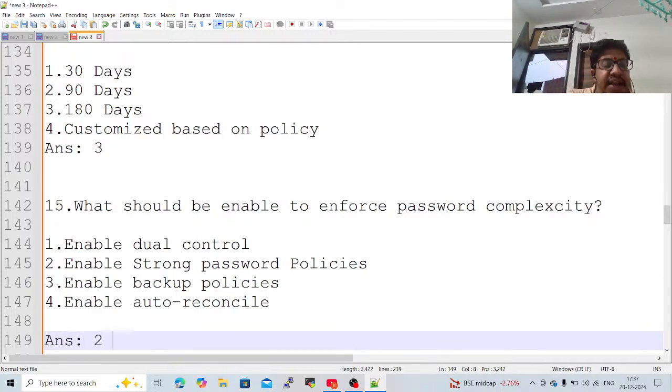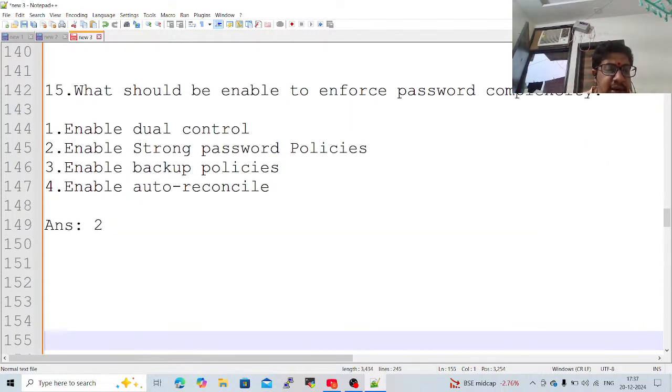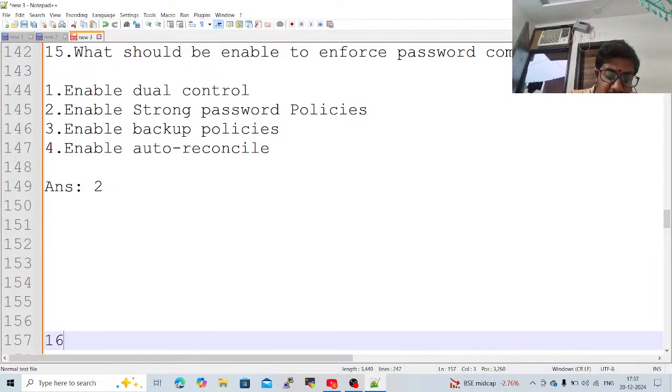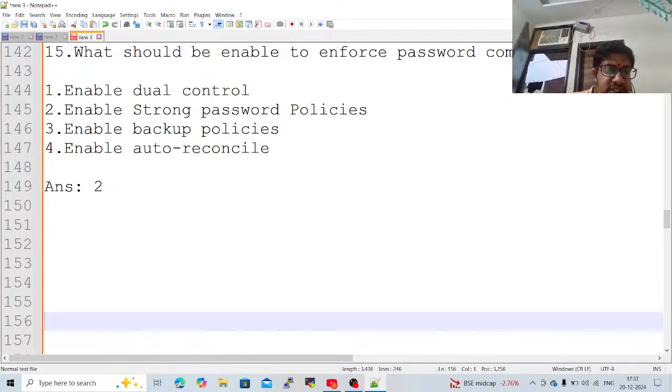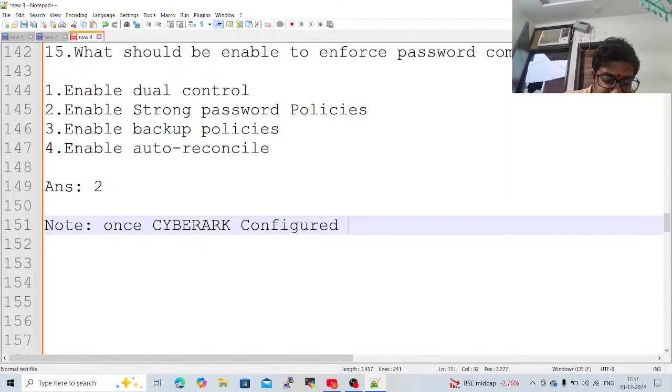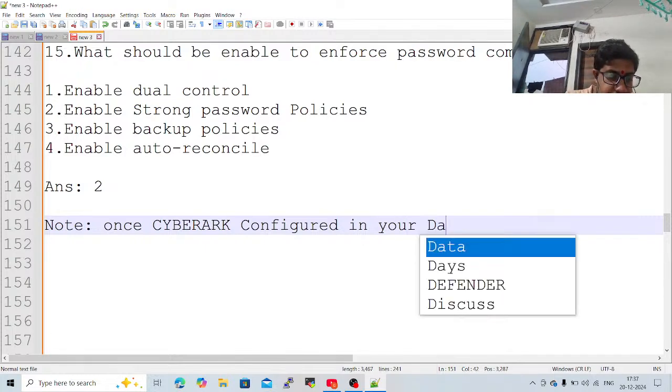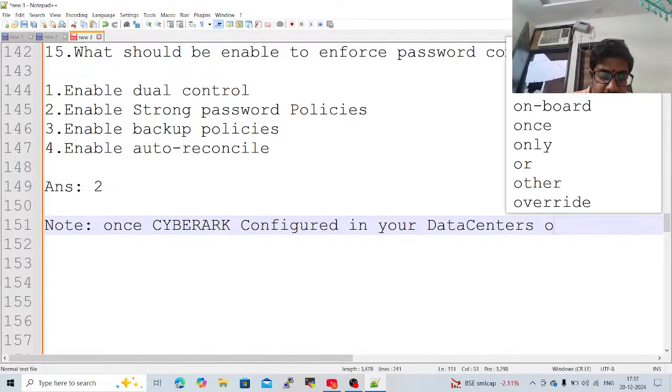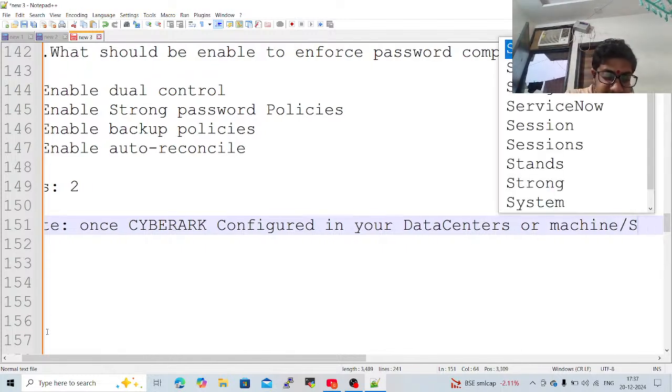Option number 2: enable strong password policies so that no one can hack the server, hack the CyberArk password, or allow the passwords. Please note, once CyberArk is configured in your system, in your data centers, or on your machines or servers,